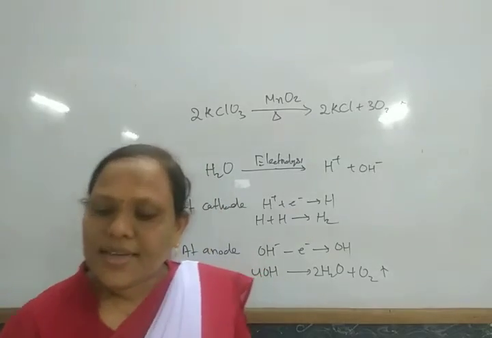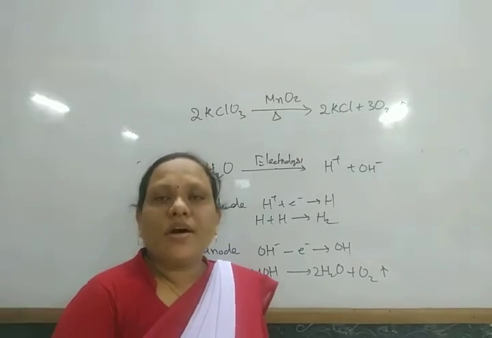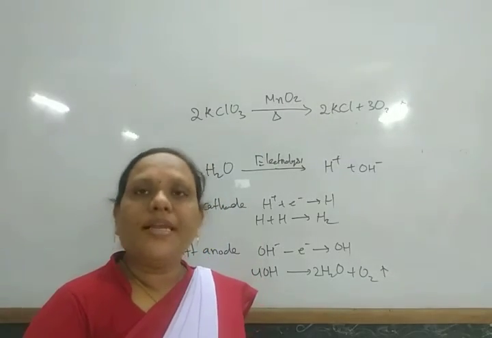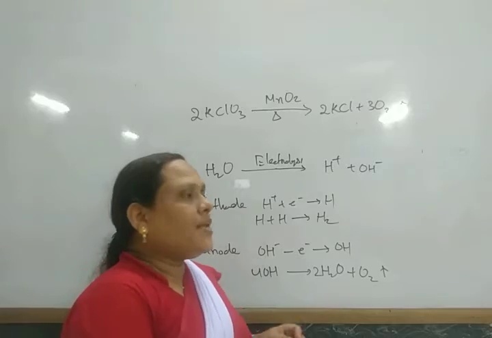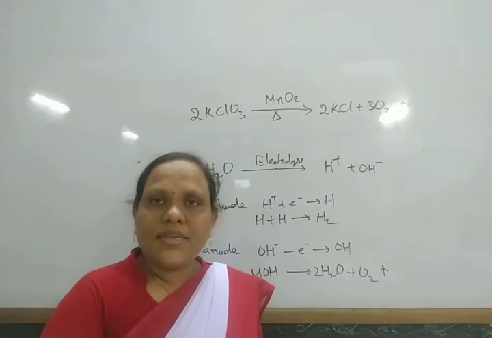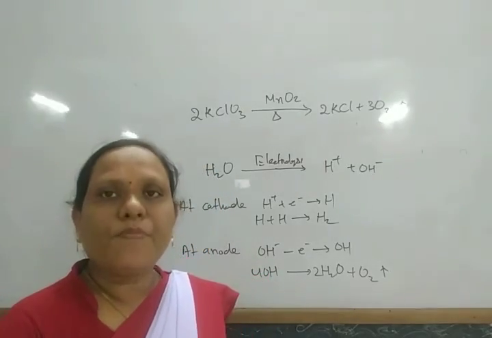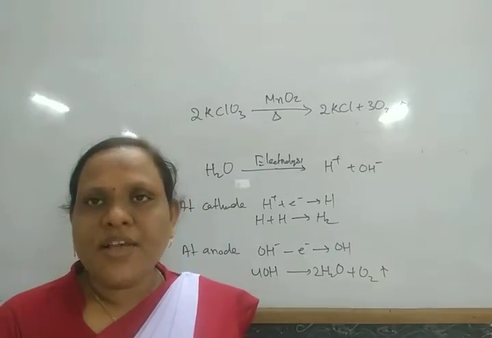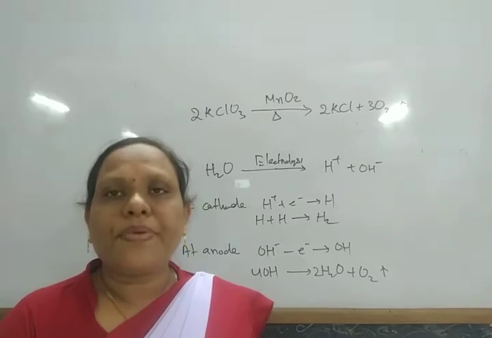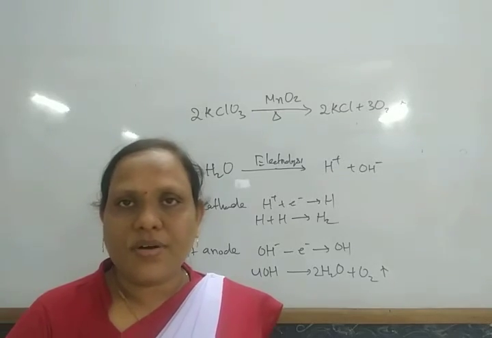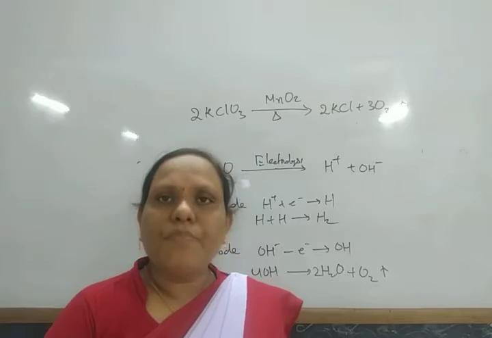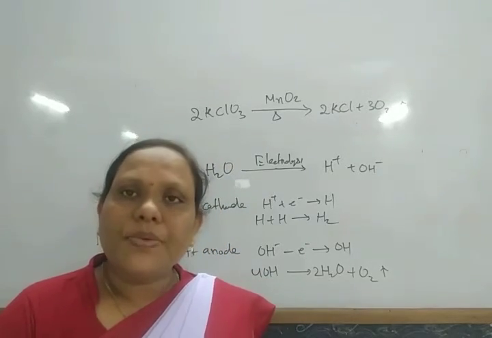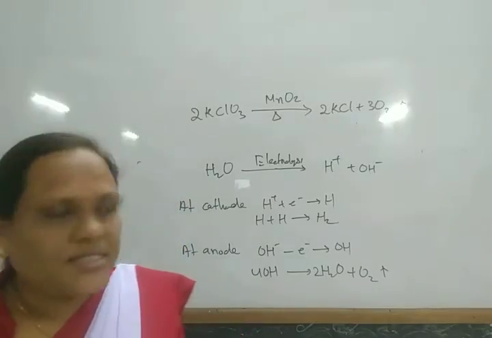Oxygen gas is also prepared on a commercial scale by fractional distillation of liquid air. In liquid air, nitrogen, oxygen and all these gases have different boiling points, so according to the difference in boiling points, they can be separated by fractional distillation. So these are some methods by which oxygen gas is prepared. Next, come to the properties of oxygen.